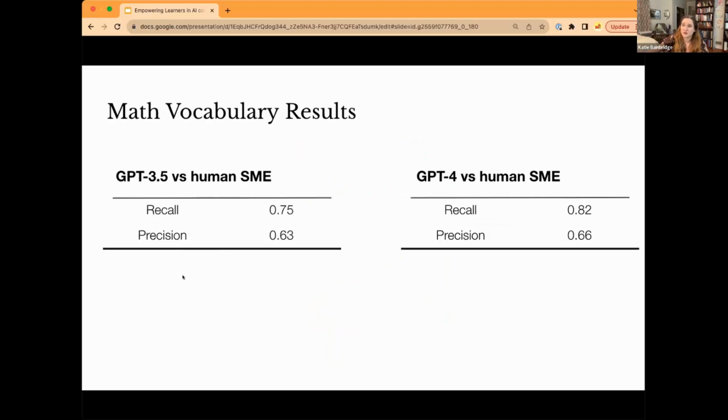We found that GPT-4 was more reliable than GPT 3.5 and performed a bit closer to the recall we might expect to see as the difference between two human coders. Two human coders are not necessarily going to identify exactly all of the same words as difficult for a middle schooler. So, we would expect a little bit of a difference that wouldn't be that far off from what we saw with GPT-4. The results also showed that for both versions of GPT, false positives were more of a problem than false negatives. GPT was more likely to liberally consider a word to be difficult for a middle schooler than a human coder was.